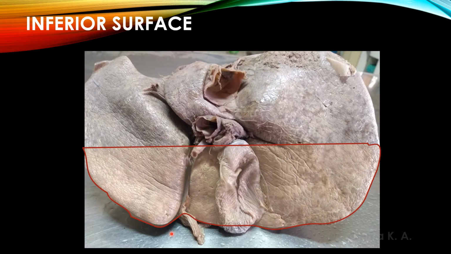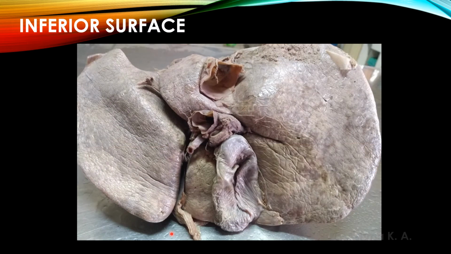The shaded area represents the inferior surface of the liver. The inferior surface of the liver presents the following features from right to the left. First, we have the fossa for gallbladder which lodges the gallbladder. To the left of the fossa of gallbladder, we have the quadrate lobe of the liver. To the left of the quadrate lobe, we have the fissure for ligamentum teres hepatis. Ligamentum teres hepatis is obliterated left umbilical vein.